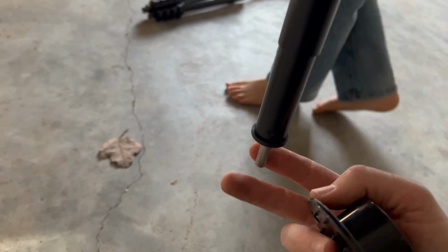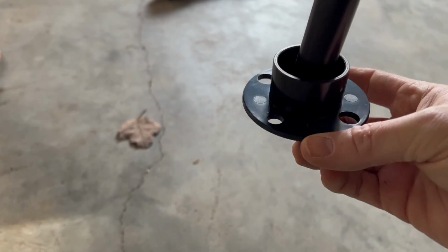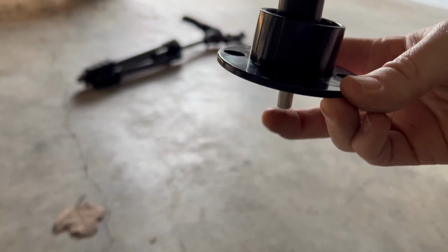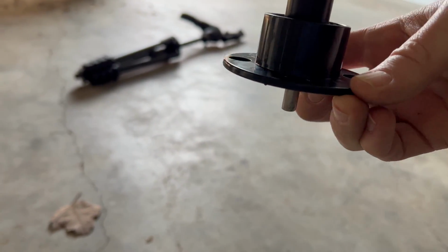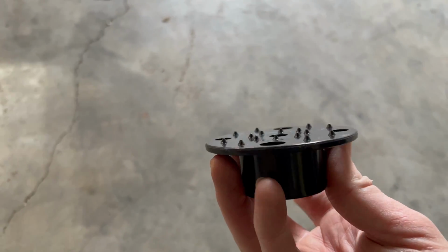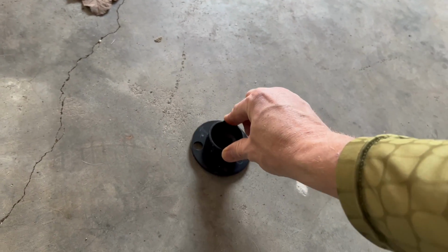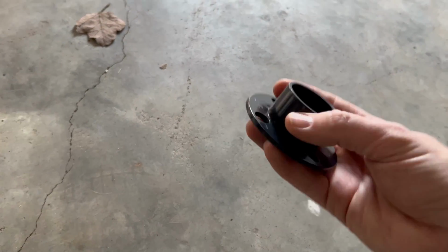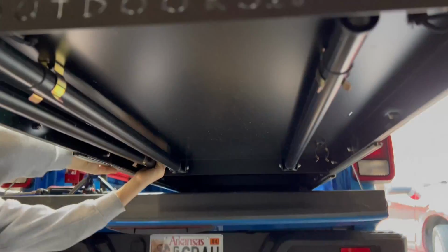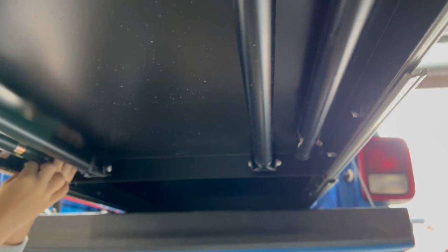There we go. Okay. Well, so the bottom of these has a little peg, and that little peg just sits right here in this hole like this, and it gives you a bigger platform and stability still because it allows that peg to come through, so it's not going to shift on you. And another nice thing is there's little claw feet on the bottom of these, and so when it's on the ground or in the dirt, it's not going to slide around very easy. So it's going to be very stable. It's going to give you a great surface, and when you're done, you just take them and you clamp them back up,